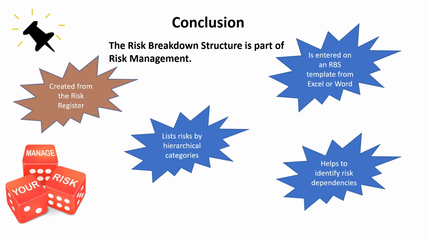So in concluding, the risk breakdown structure is part of risk management in being created from the risk register. It lists risks by hierarchical categories, it's entered in a template from Excel or Word, and it helps to identify risk